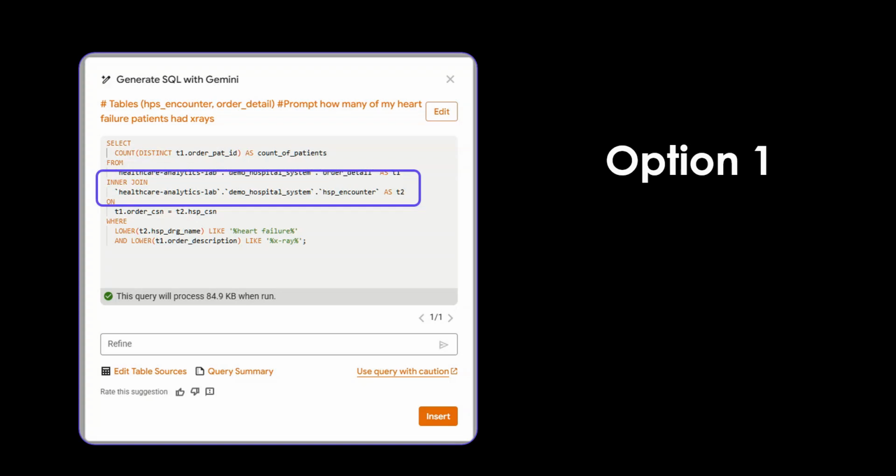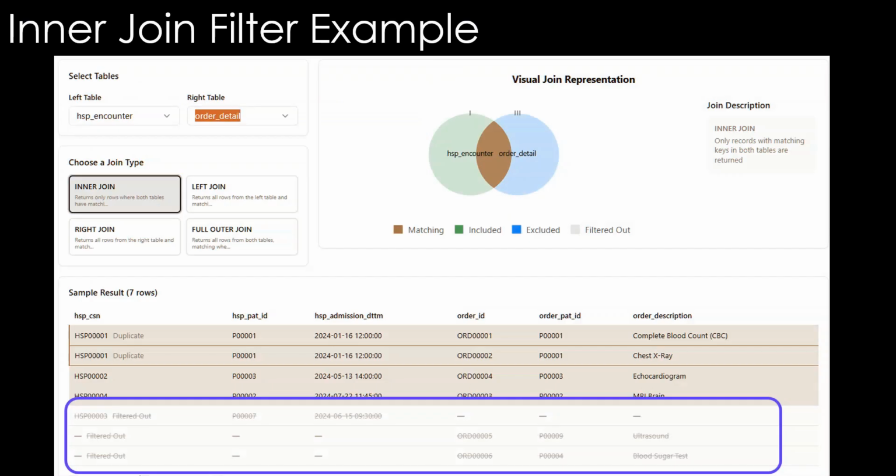It's going to say, I'm going to inner join these two tables together on order CSN equals hospital CSN. It joined on the right thing, but it might not have picked the right kind of join. So we're going to look in detail at a tool that I have built into my application at